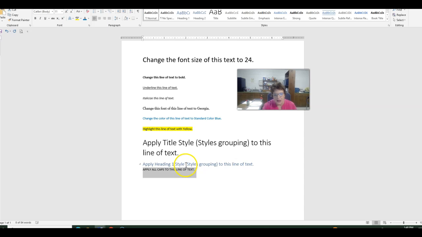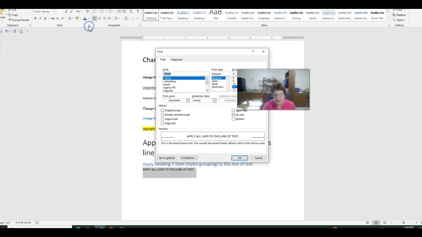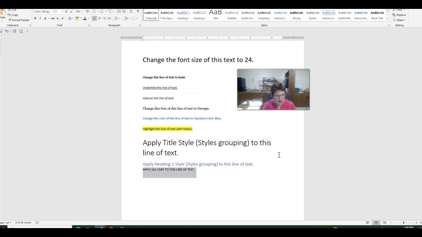So that's two ways of doing the all caps. You can just go to the font grouping, click on this down arrow, select uppercase, or again, you can get to all these same options by clicking on the dialog box launcher for the font grouping, and it gives you some more options. Okay, I hope this video was helpful in completing